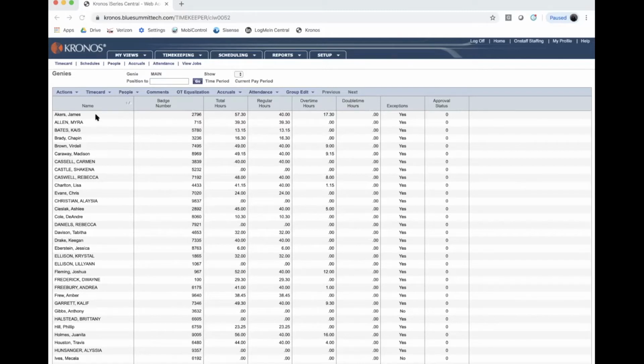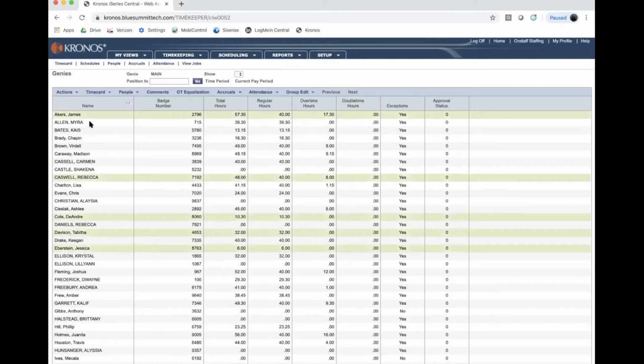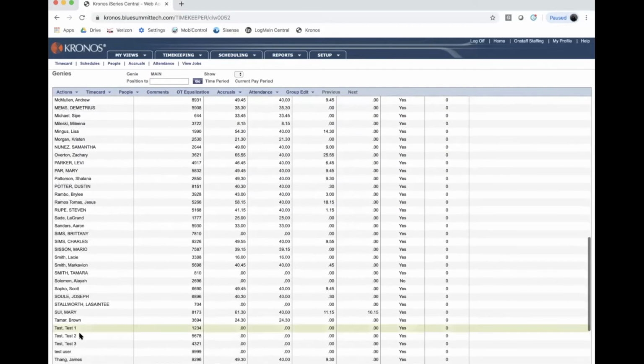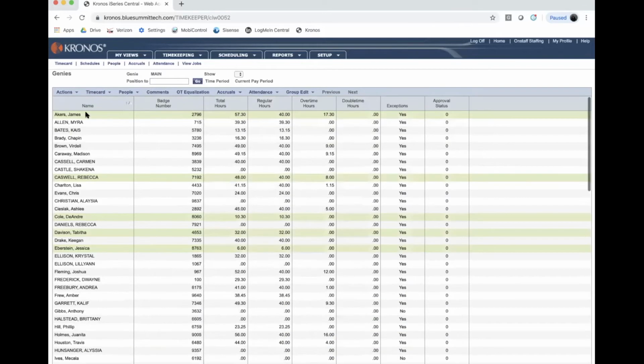To dive into their time, you can either select people individually and double click on it, or you can come up to actions and say select all the employees, and then it highlights everyone. You open one person, and then you can just go down the line without having to click into someone, go back to the main screen, and then click into someone again. So I'm going to pull up our test people too. If we double click on James's time,